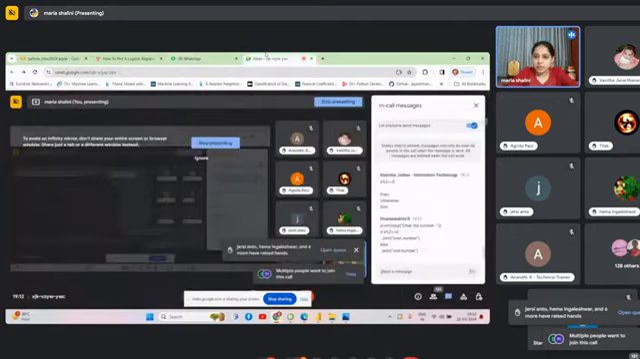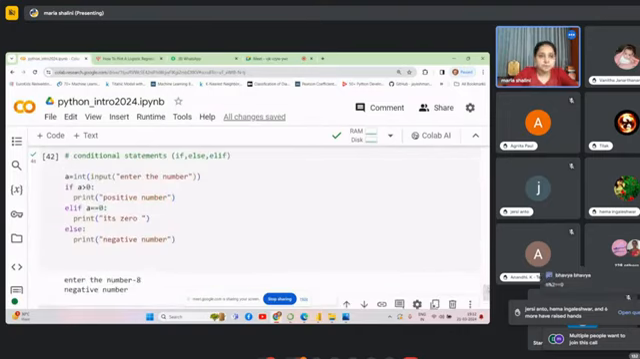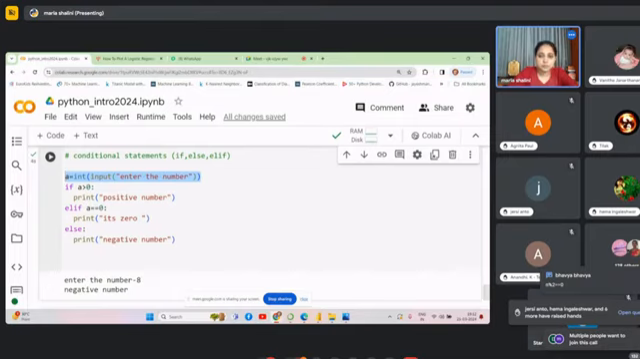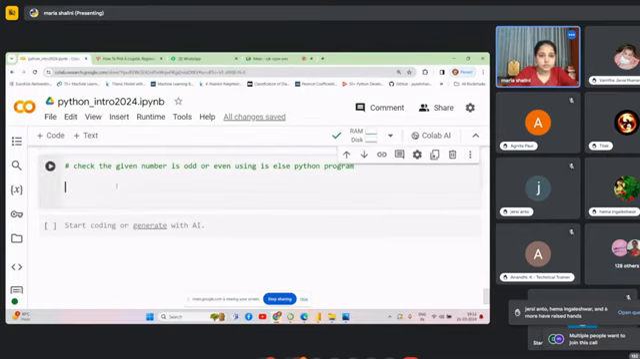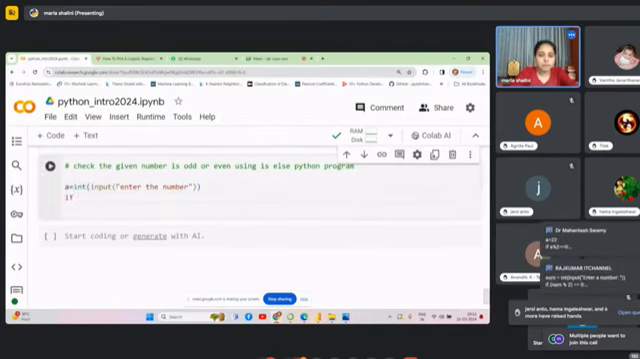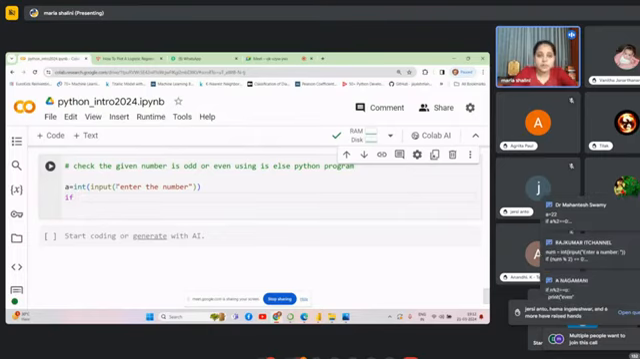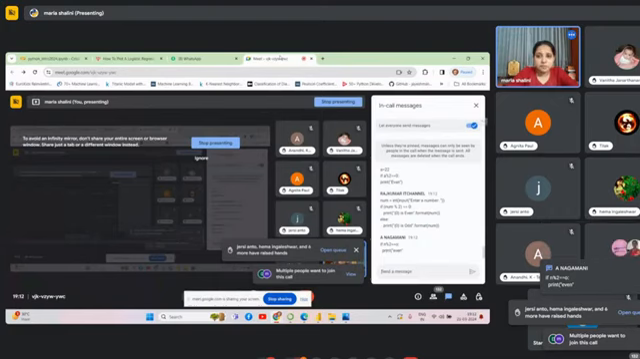Okay, so let me give the answer. I think Lakshmi has given the answer. Good, your answer is right. See, try to get input from the user. Let me take this. So if... what can you write here? What condition can I give here? If A